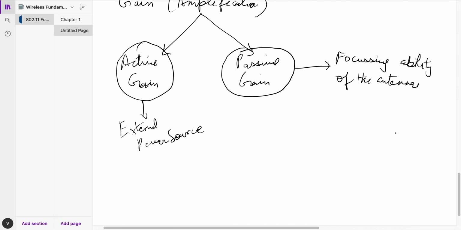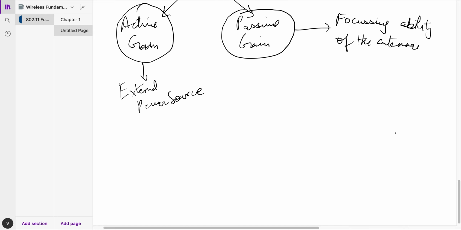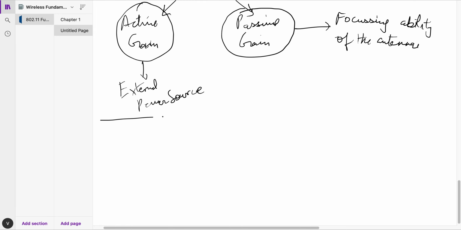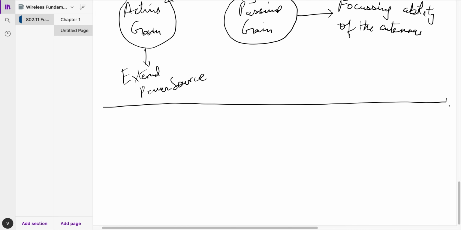Moving on, what we can discuss now is the RF components and what they are. When a transmitter wants to send some data to the receiver, what all components come in between is something we should be aware of. How data is transmitted at the back end is something we should know. So before that, we need to know what a transmitter is.